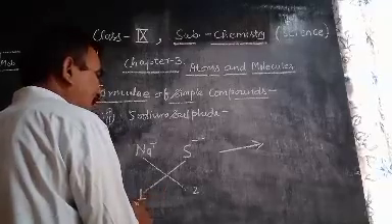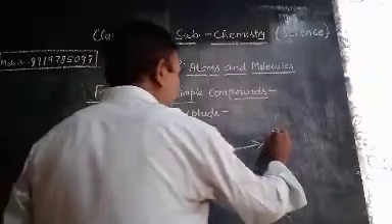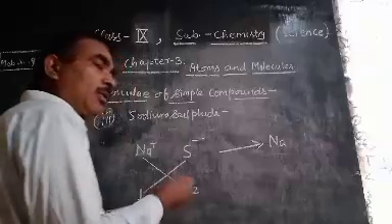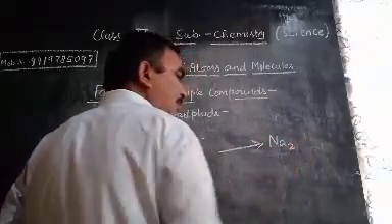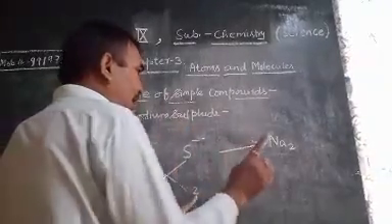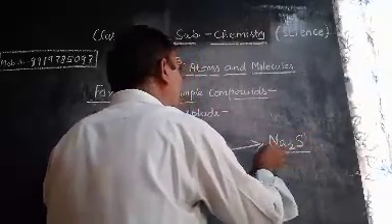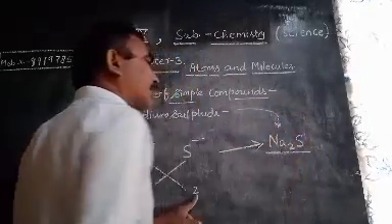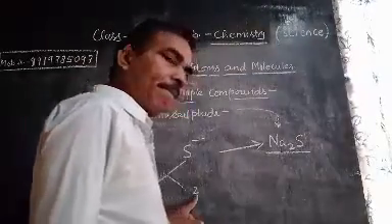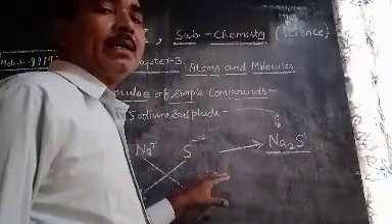According to cross multiplication, LCM of both is 2. 2 is divided by 1, that means 2 sodium atoms. 2 is divided by 1, that is 2. 2 sodium atoms will take place in bond formation, and 2 is divided by 2, the answer is 1. It expresses that only 1 sulfur atom will take place in the chemical bond formation to form sodium sulfide. Any problem? If any problem is being created, then you can ask me.